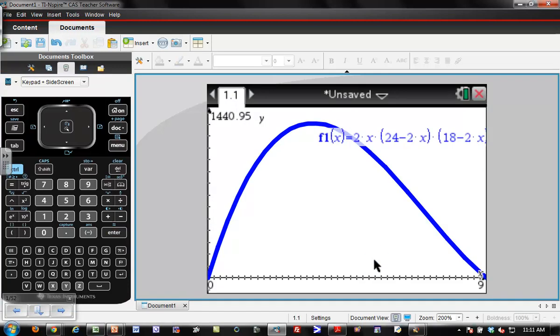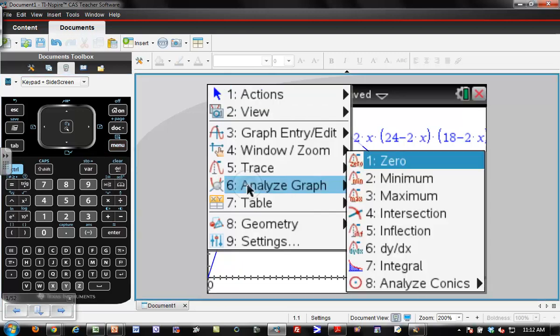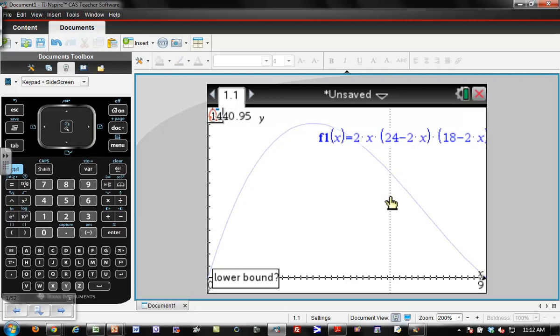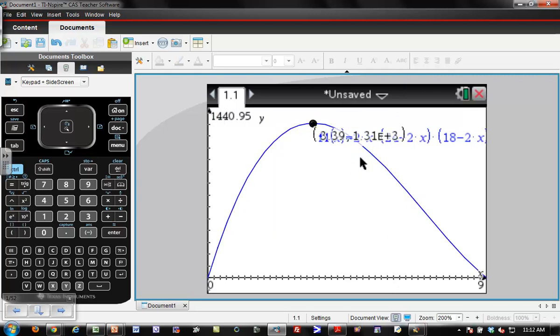And so this is the graph of the volume equation as x changes. When we cut nothing out of those corners, we get a 0 volume. When we cut all the way to 9 inches, we also get a 0 volume. And at this location up here, it's maximized. I believe under the graphing calculator, we can actually say analyze, please tell me the maximum. And I set my lower and upper bound, and it tells me that the maximum is 1.31 times 10 to the third. So about 1,310 cubic